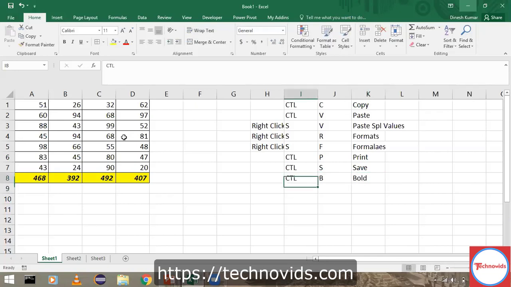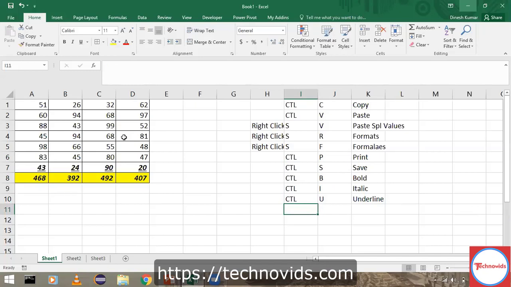If you want to do bold for anything, I can just select that and do a Control B that acts as bold, Control I for italic, Control U for underline, right? So all these things we regularly do. So these are very basic, regularly used shortcut keys.